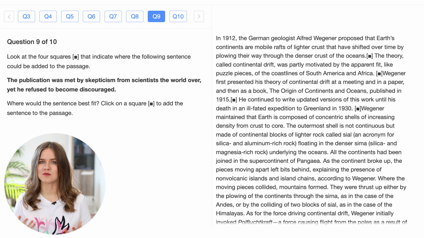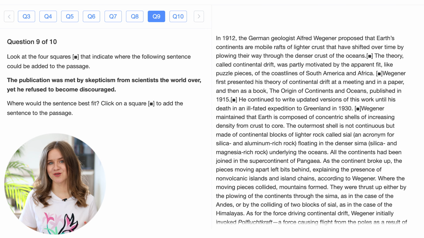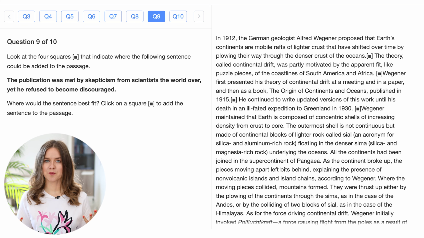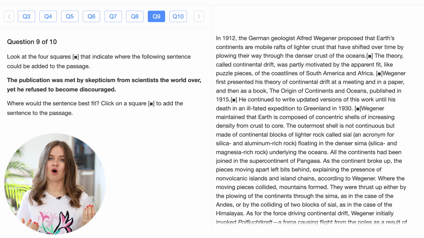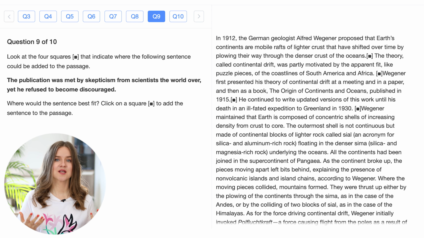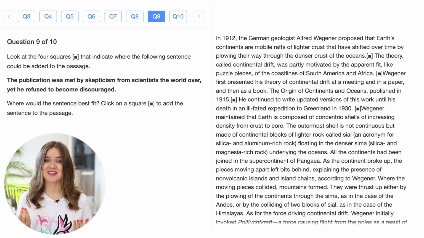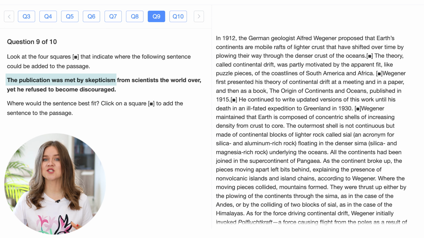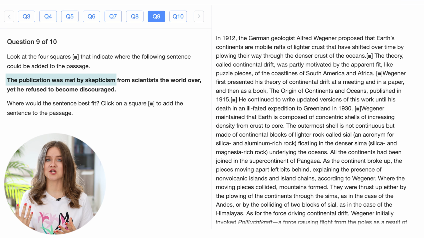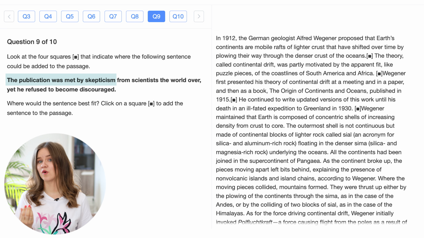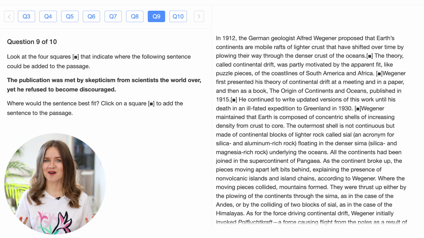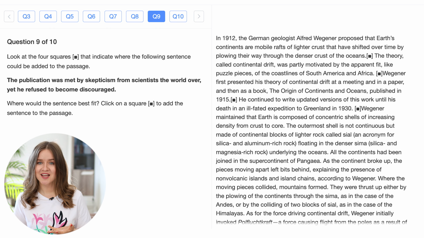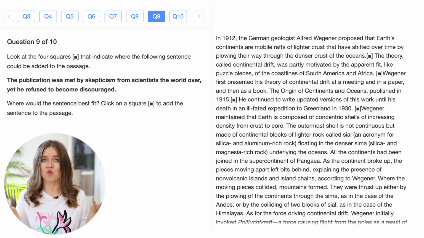This question might seem difficult, but not if you know how to approach it. Here is the tip. With insert text questions, always look for clues in the sentence in bold. In this case, the sentence says, "The publication was met by skepticism." That means the sentence should come right after a mention of Wegener's book, when or how it was published. After all, how can you talk about skepticism toward a publication if the reader doesn't even know whether it was